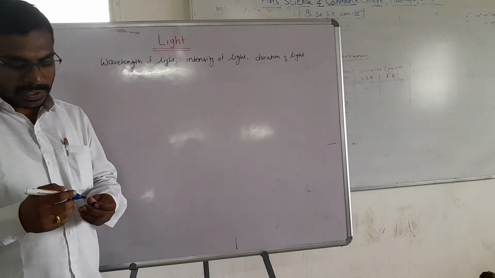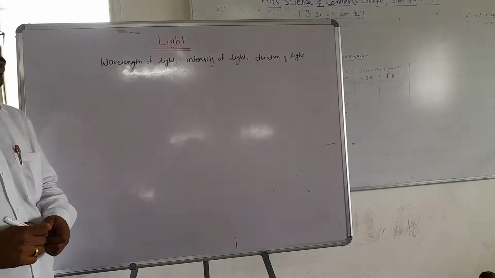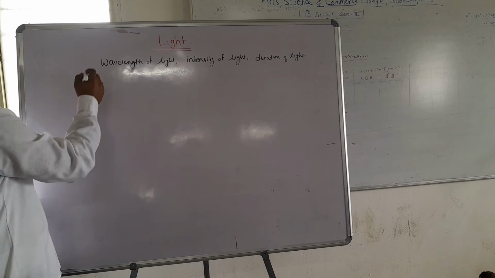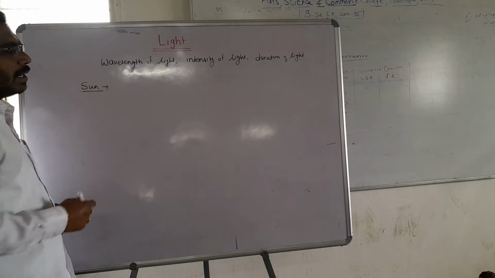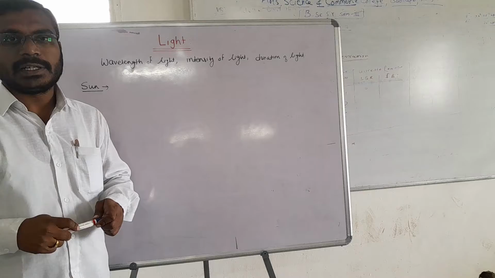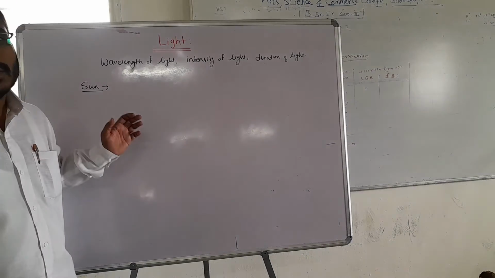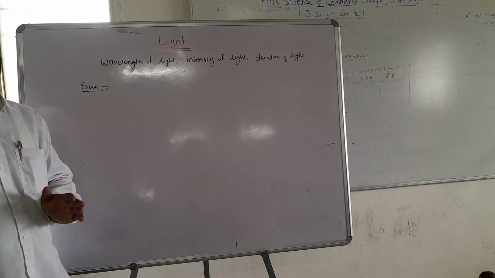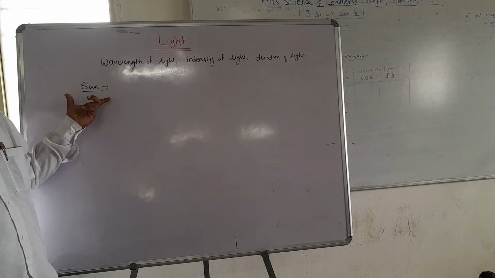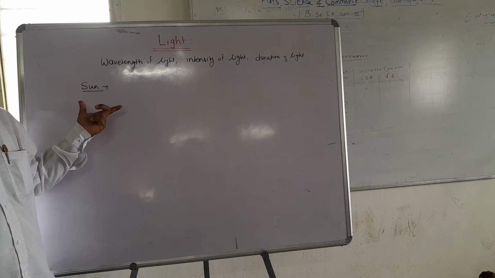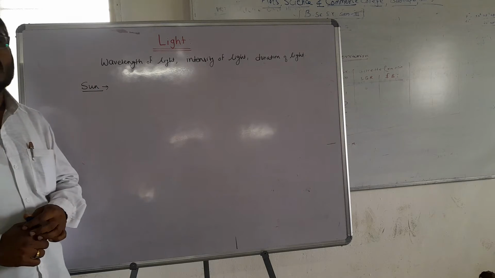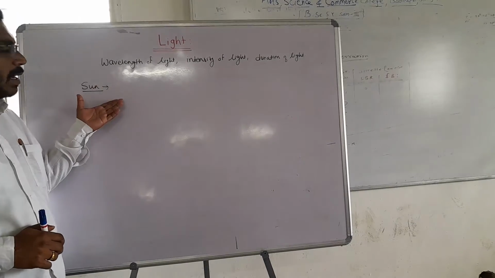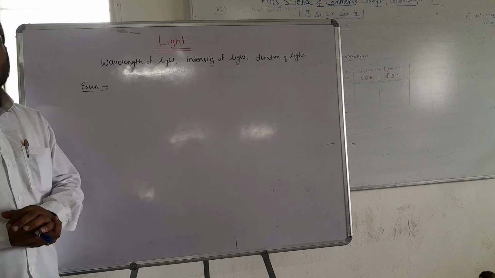We know that the sun is the source of light on earth. All the light that is useful for living organisms on earth is provided by the sun. The sun is the most important or primary source of light, and because of this light